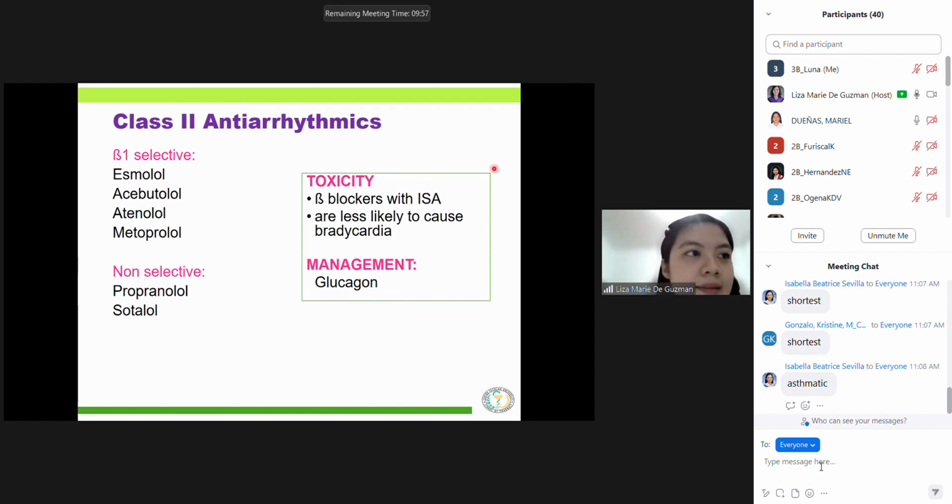Now, class, I think there's a question in the questions you answer in the data sheet or in your activity, which is the most toxic, the most cardiotoxic cardiovascular agent. There's a question like that, right? So the answer is propranolol because it's non-selective and it targets both beta 1 and beta 2. So the most cardiotoxic would be propranolol. So take note.